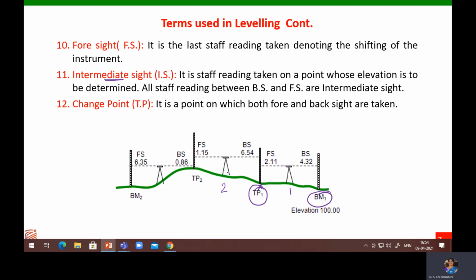Once we move it to station 2, we have to set it, and all the temporary adjustments have to be done. After that, again sight back to the same point. Sighting back to the same point will help us in getting the reference. Now because we have calculated the foresight and we already know the benchmark RL here, we can calculate the RL of this point TP1. So this also will act as a benchmark for the further stations. Next, by sighting it here, we can get the new height of the instrument.